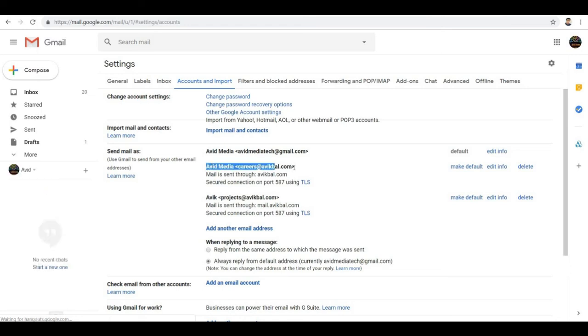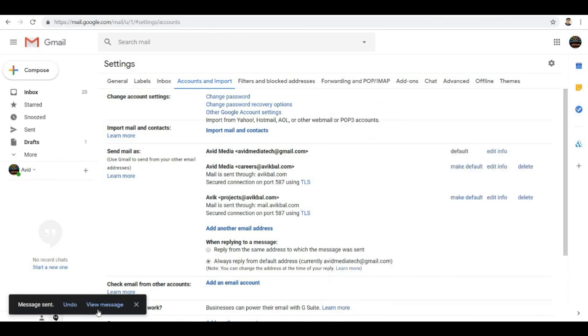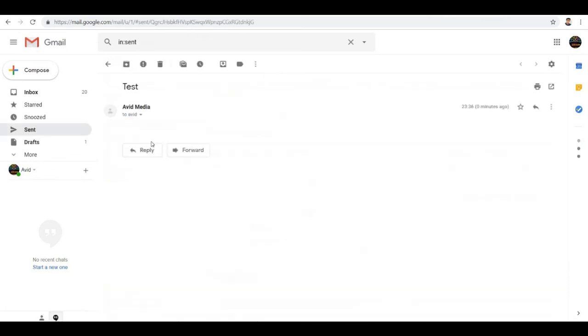Now let us see how this functions. Click on compose and let's try a test mail. So right now I'll just put in a random email address and try to see how we can do it. Under this from email address, you can select the email ID from which you want to send it. So right now I have added this domain name, and from this domain name I can send the email. If I send this test mail, I'll see that this email is sent from my domain email. So that is how you add your domain email to your Gmail account. And that's all. We have just added our domain email to our Gmail ID, and right now from my Gmail account I can send emails using my domain email ID.